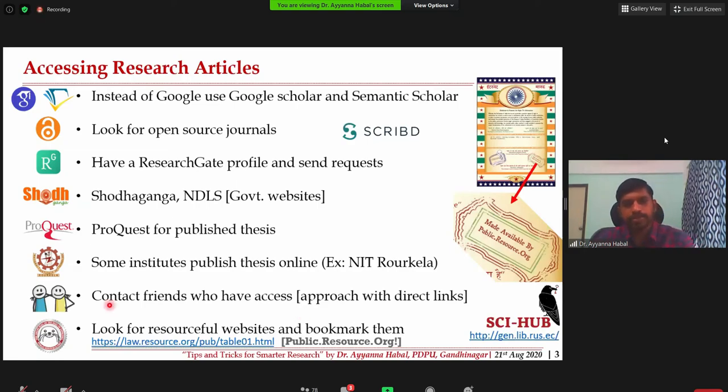And next are some resourceful websites. Look for them and bookmark them. For example, there is one website called public.resource.org. You might be surprised to see there are many codes or specifications available. Some of you might be aware of this page. This is taken from an Indian standard, which is downloaded from this website.